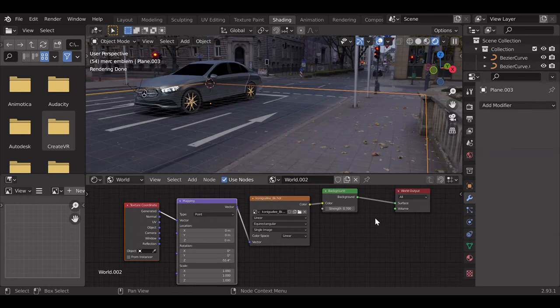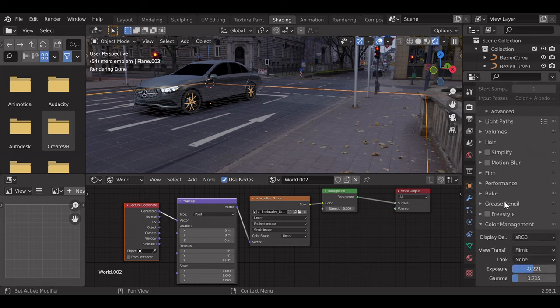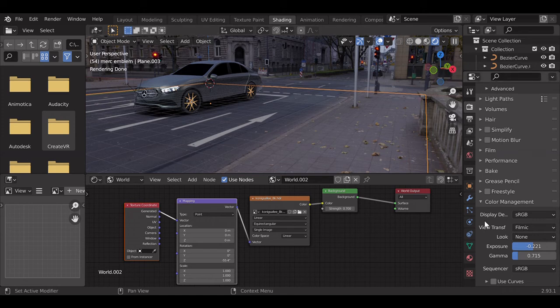Okay, so now you know how you can change the strength of the HDRI or the location and the rotation of the HDRI. But how about if you want to change the colors of the HDRI or the intensity of the lights of the HDRI along with the colors? To do that, you go on to the render properties and you go down to color management. This is available only if you're on Cycles. Once you go down to color management, out here in this area you can change the actual colors that the HDRI has. Let me just give you an example.